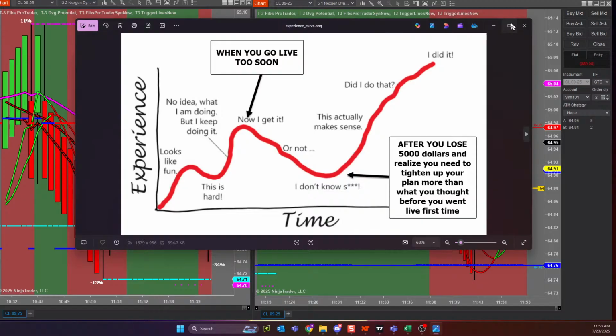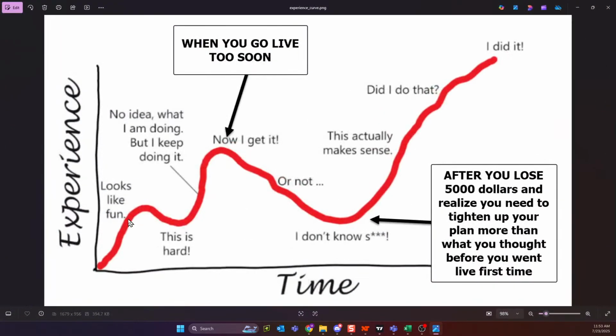This is your learning curve, guys. Looks like fun. We've all said it. That's what got you to me, is it looks like fun. And then there's this is hard, right? And some of you are in this moment right now. I just got the software. I bought it. I leased it. I'm looking at it. I'm demoing it. Holy shit, I didn't know that making $1 million a year would require any work at all. You mean I have to learn things?